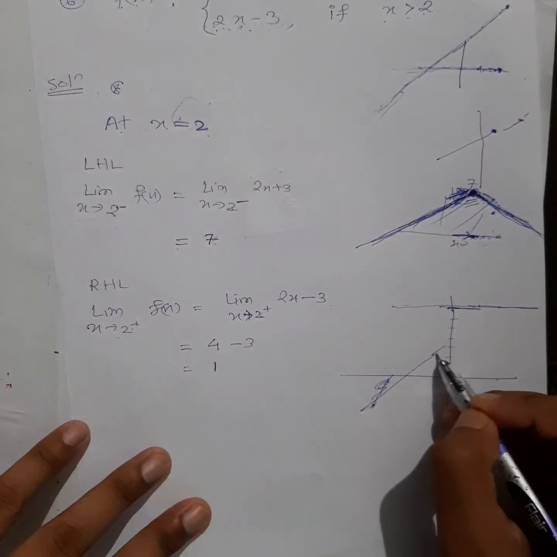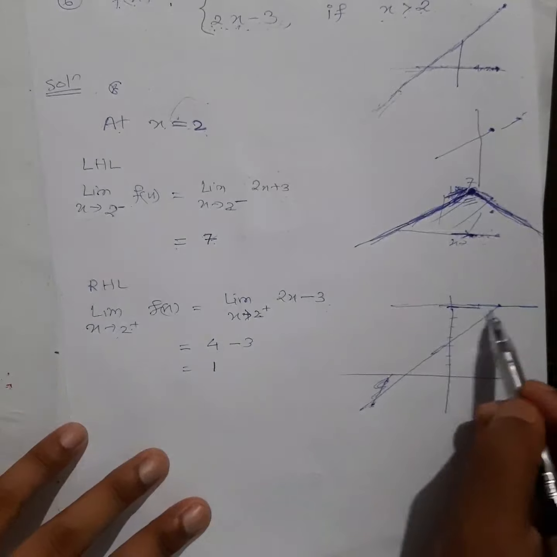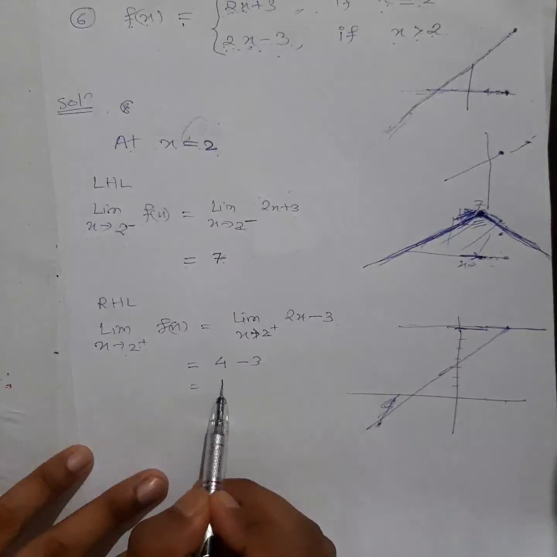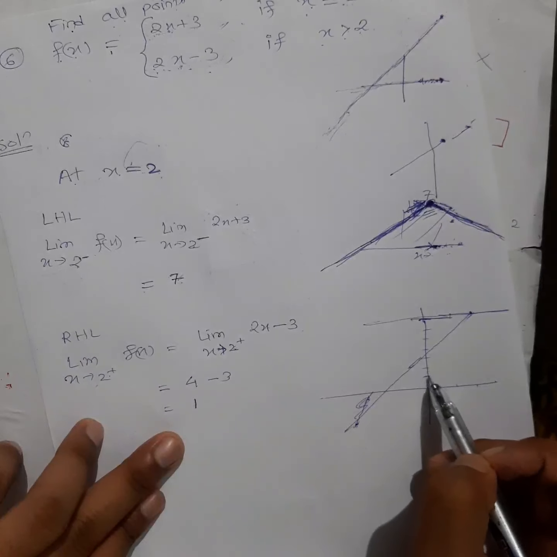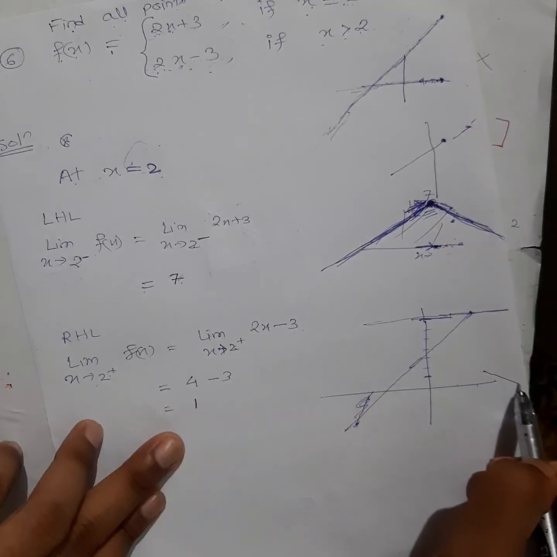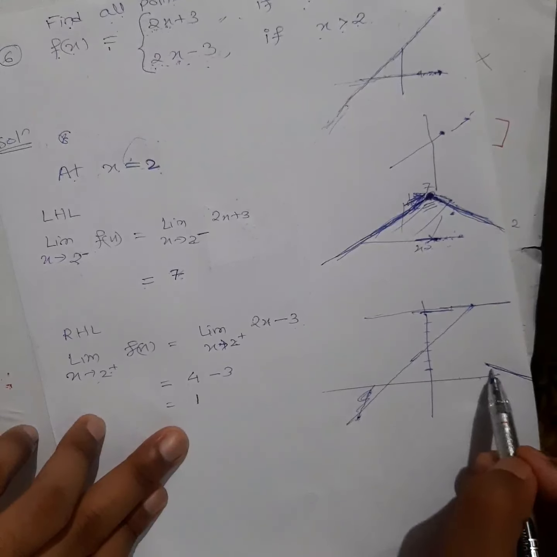It is approaching towards 7 and it will touch also 7, this line, this graph. And this will be what? It will approach towards 1, means what? Y equal to 1 means this one. So at 2, it will be somewhere like this. The graph will be something like this. It will be here or like that. But it will not touch.